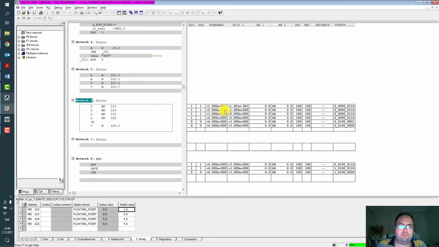With second comment, AQ2 get the value 1.0, AQ1 2.0, and next. Before the comparison comment, AQ1 is 4, AQ2 is 3, and the result of logic operation is 0.